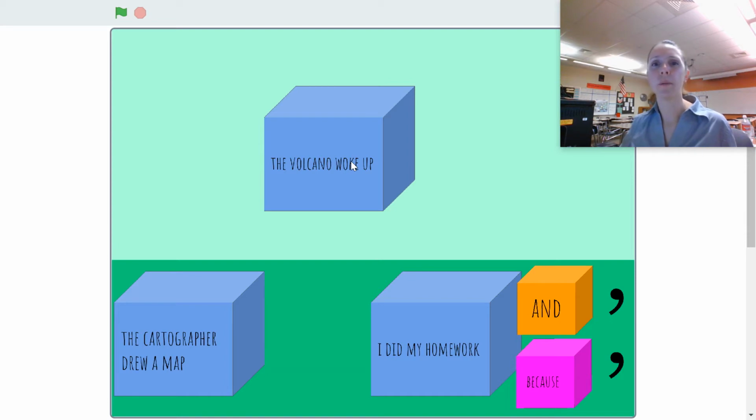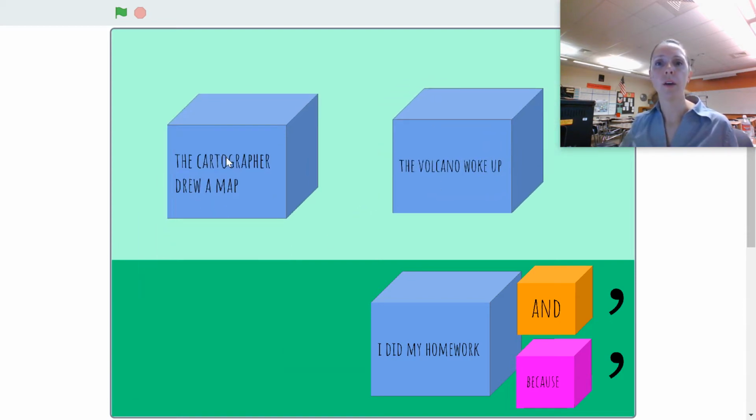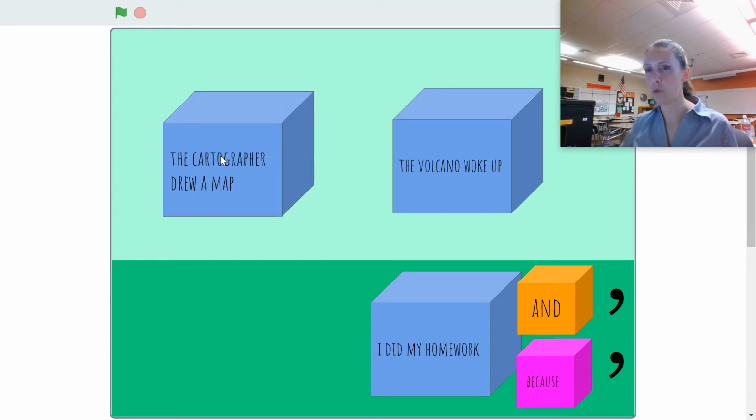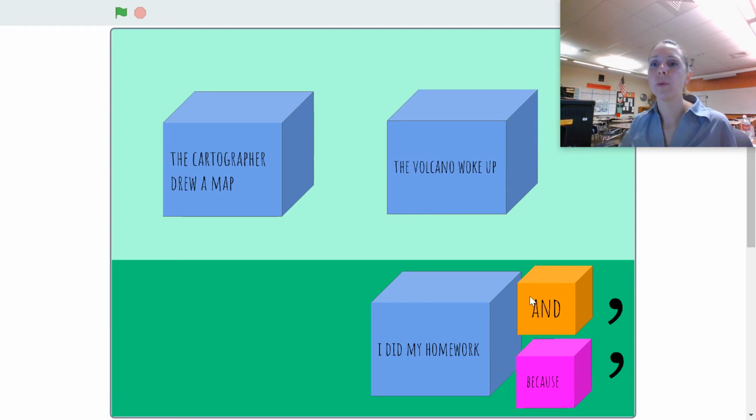Last week, we learned about compound sentences. Now, a compound sentence is made of two clauses, but importantly, it's made of two independent clauses. But you know that we don't ever get to just stick two blue cubes together, and we don't want to just add a comma to separate them either. Just like how you wouldn't say, I like pork, comma, beans. You don't want to say, the cartographer drew a map, the volcano woke up. We need to have a conjunction in between them. And